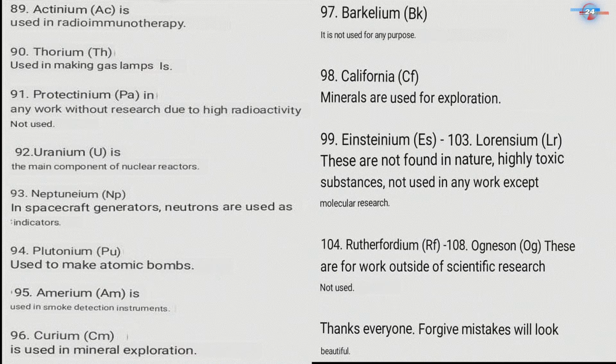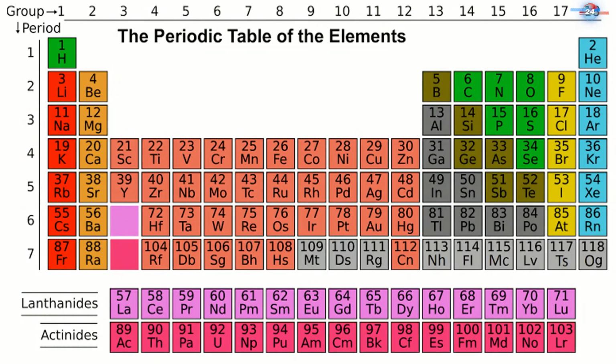Then we have californium, einsteinium named after Sir Einstein. That is atomic number 99. Einsteinium is atomic number 99, represented by capital E, small s. Moving on, we have atomic number 100, fermium. And fermium is represented by capital F, small m. Moving on, we have atomic number 101, which is mendelevium, named after Mendeleev, and that is chemical symbol capital M, small d. Moving on, we have nobelium, which is atomic number